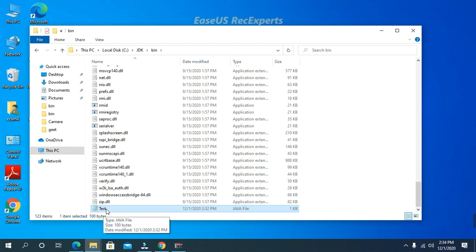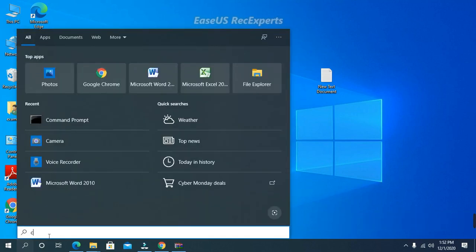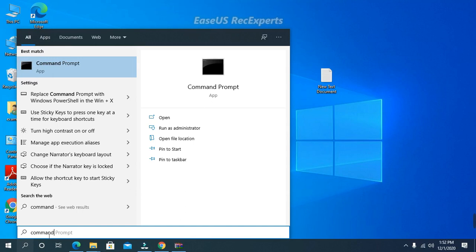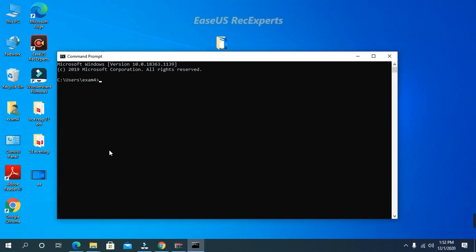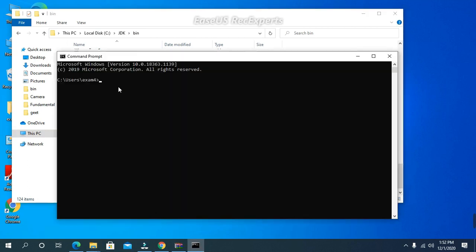Now it's time to execute my source code. For that, I'll go to the search option and write command prompt in my search bar, because Java programs are executed in the DOS prompt. ठीक है. जावा प्रोग्राम्स को लिखते हैं हम नोटपैड में और एग्जीक्यूट डॉस में करते हैं. फाइन. सो मुझे अब कंप्लीट पाथ देना है अपने बिन फोल्डर तक जहाँ पे मेरा टेस्ट प्रोग्राम पड़ा है.